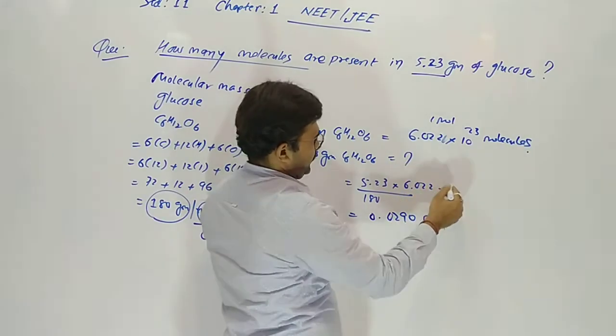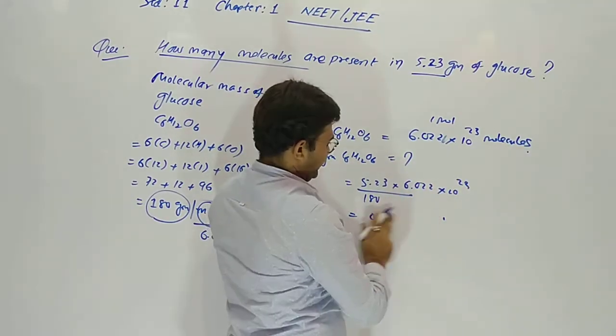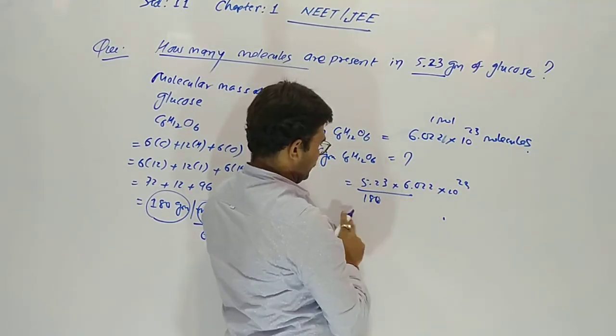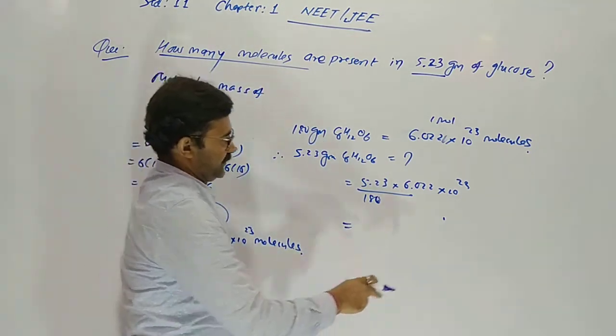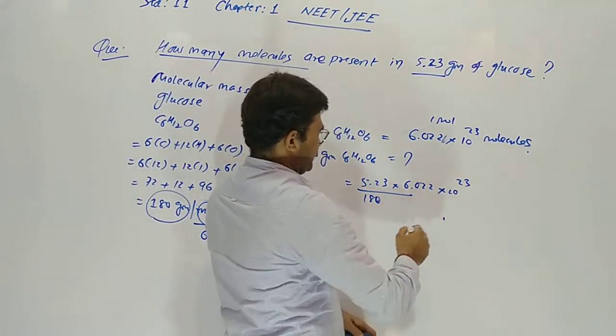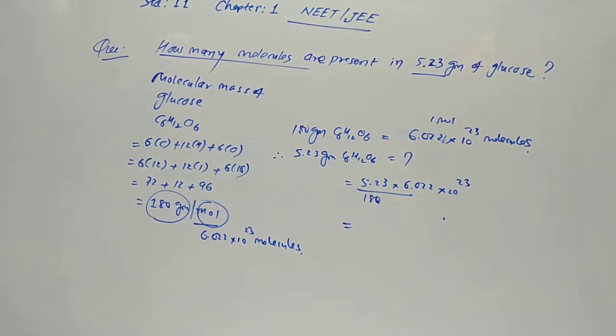Here 6.022, so we get the direct number of molecules by shortcut. So 6.022 multiplied with 5.23, then divided by 180 gives